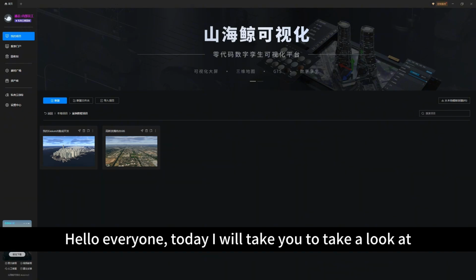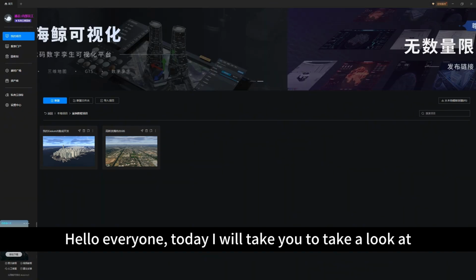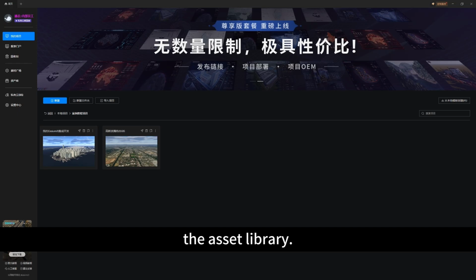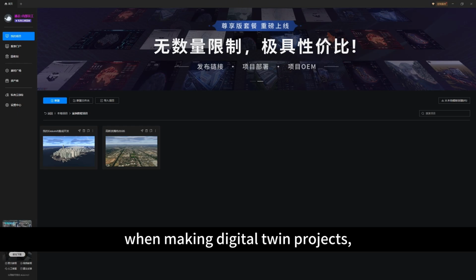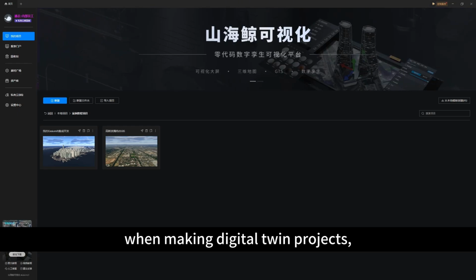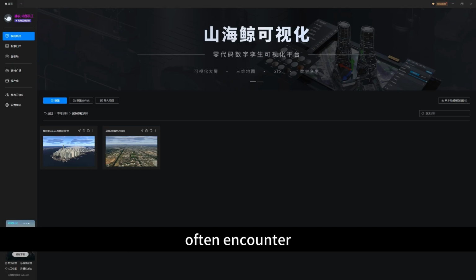Everyone! Today I will take you to take a look at the asset library. Many of our users are using the Wings engine when making digital twin projects. Often encountered, I hope to save my own digital twin models